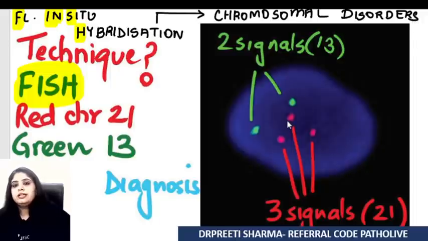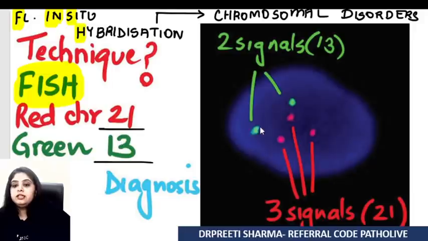So there's a color coding, and don't worry about the color coding because the examiner will be giving you a color coding in the exam. The examiner has told me that the red color goes to chromosome 21 and the green color goes to chromosome 13. So this is a 2-color coding which is already given. I just need to do simple mathematics in the exam.